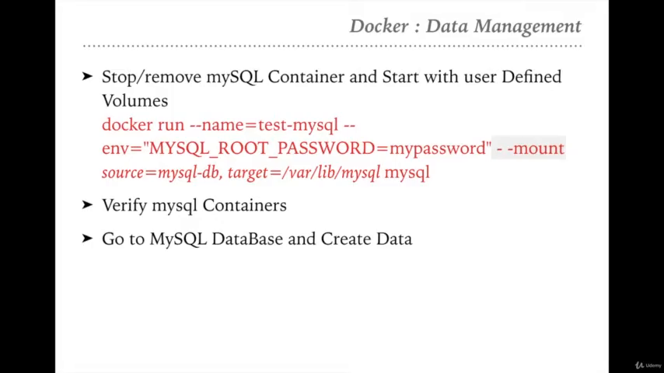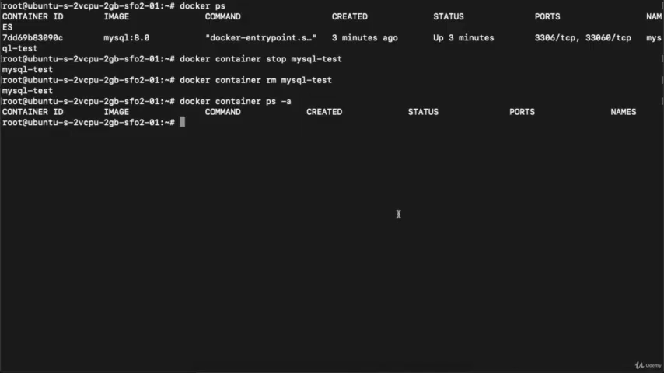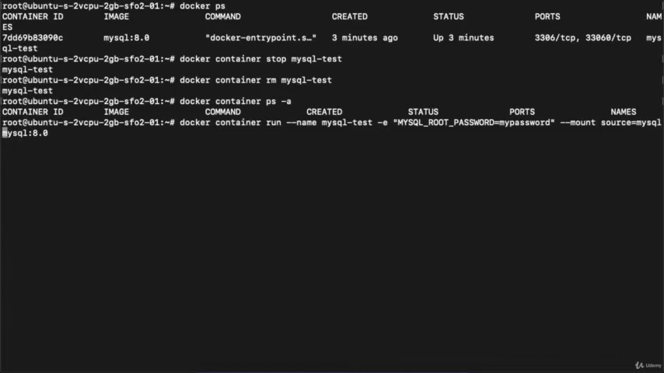So this is the task. So let's go to the terminal. I will execute the command docker container run --name mysql-test -e MYSQL_ROOT_PASSWORD=password, then the image name. But before this, I will provide --mount, right? Source equals mysql-db. This would be the volume name, comma, target equals /var/lib/